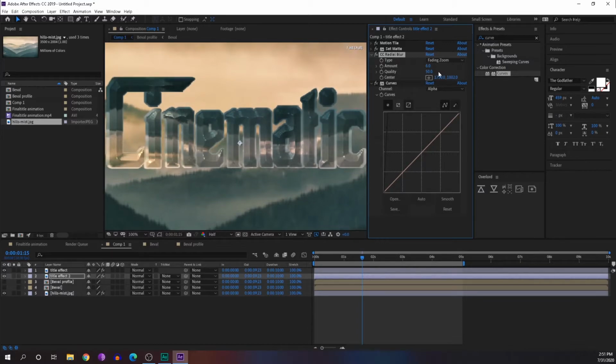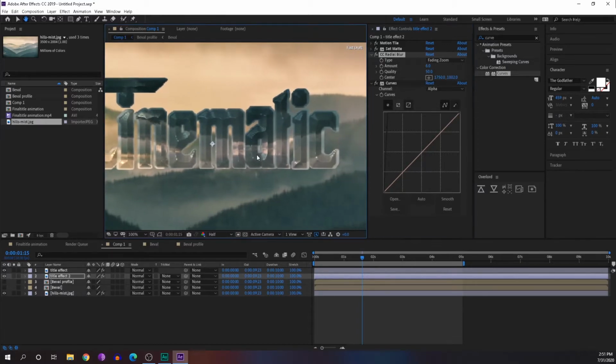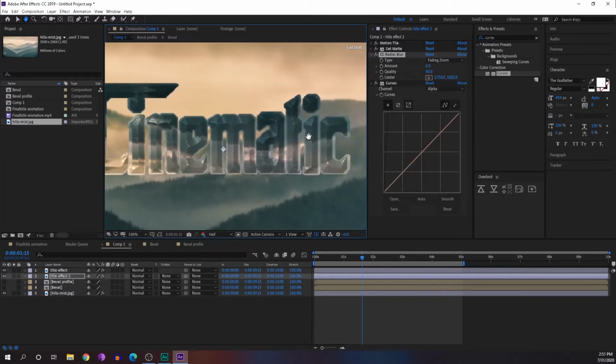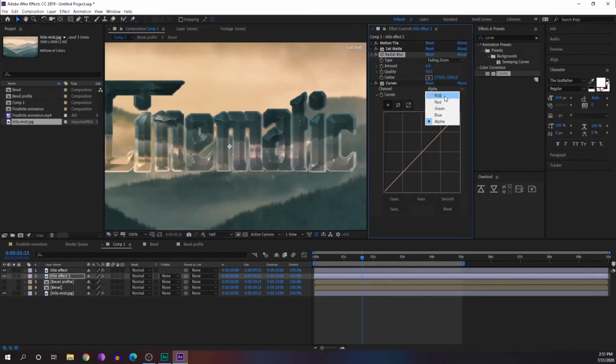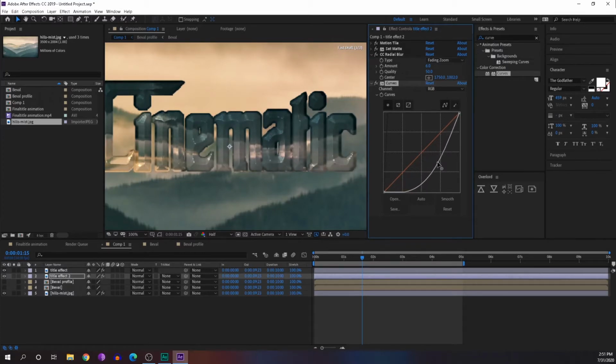Now at the moment the front side and the depth have the same color value. So we have to darken that depth a little bit, so the front of that title will be more visible, and the depth will be properly visible too. We'll select the RGB channel here in the curve and reduce the brightness of that.